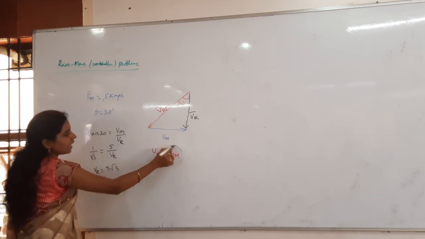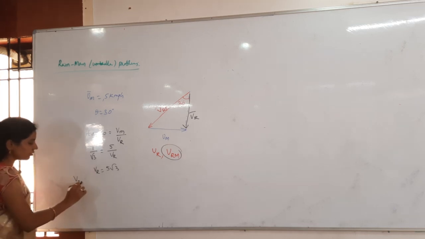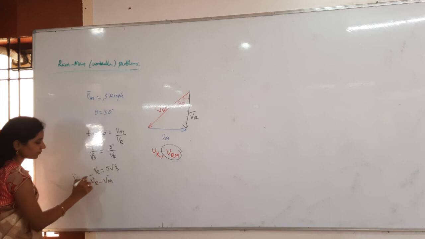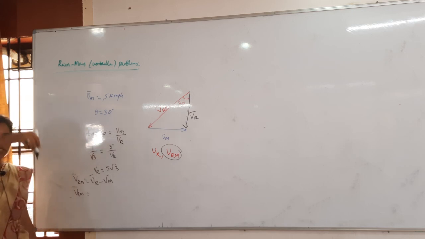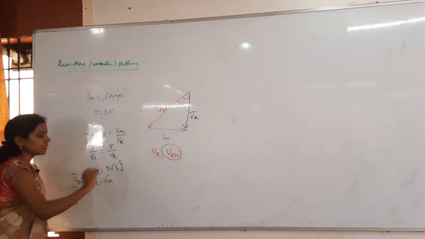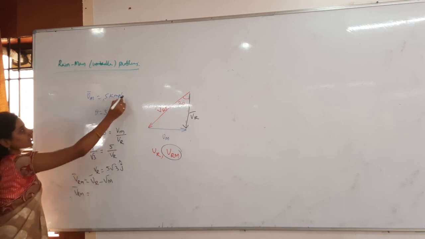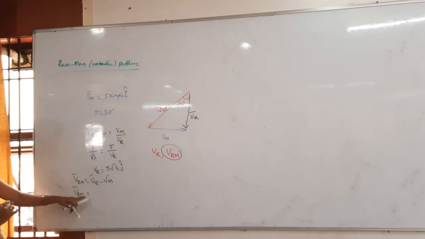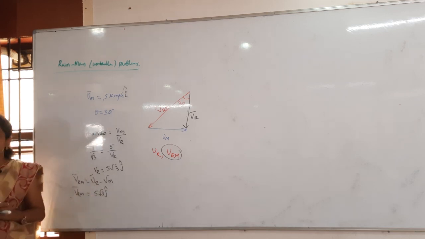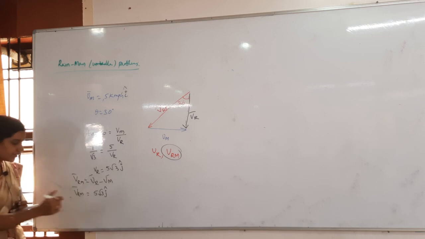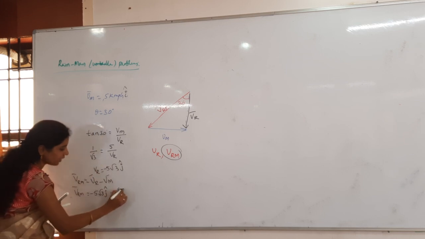Then after that you have to find out Vrm. How to find out Vrm? Vrm is equal to Vr minus Vm. Vr, nothing but rain, is falling in which direction? Downward direction. So what can I write? J cap. Then man is moving along the horizontal direction, so what can I take this as? I cap. Then Vr minus Vm. Vr is how much? 5 root 3 J cap. But in which direction is it falling? Vertically downwards. Downwards is nothing but plus or minus? Minus, you have to take. Then minus velocity of the man, how much is that? 5 I cap.